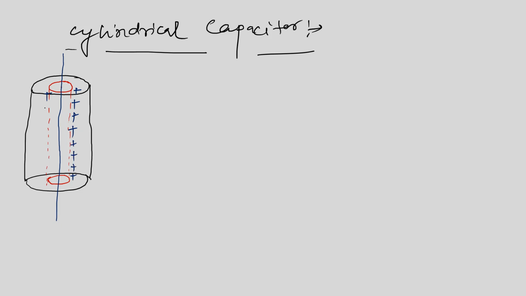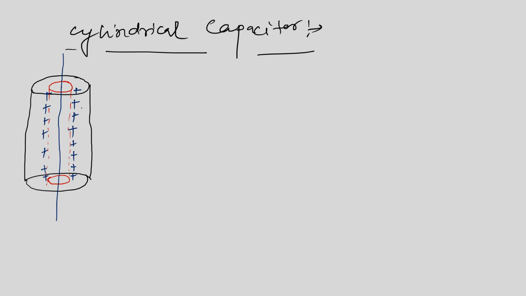On both of the surfaces, I have just given the same charge. Actually, it is a complete cylinder. Now, if I can show you the 3D diagram of a cylinder, it's a complete cylinder. So whenever I am giving the charge of plus Q, it is uniformly distributed over the surface, the curved surface I am talking about.